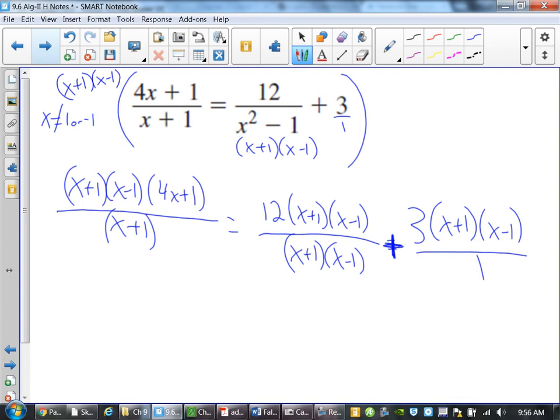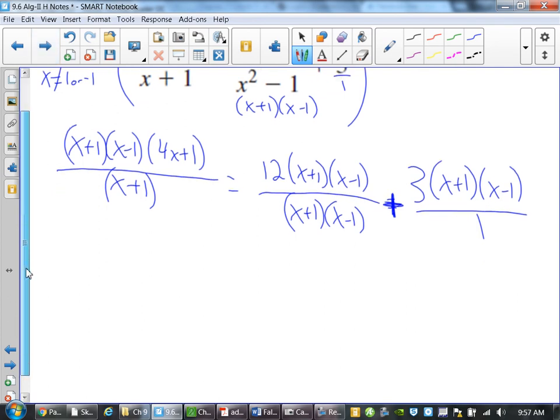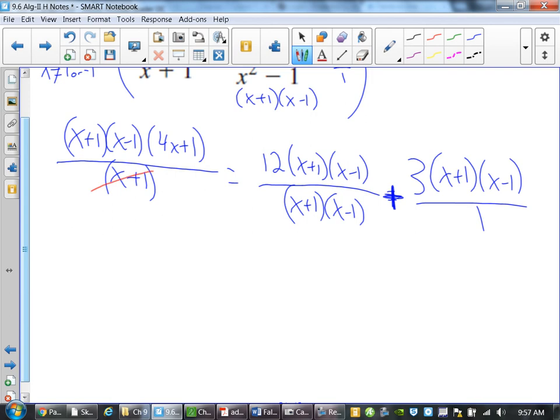And now you'll notice terms will drop. Each one of those fractions should have something possibly that'll simplify out. In the first one, we have the plus 1s go away. In the second one, we have plus 1 minus 1 go away. But in the third one, we have nothing. So now we have to distribute out, FOIL out,